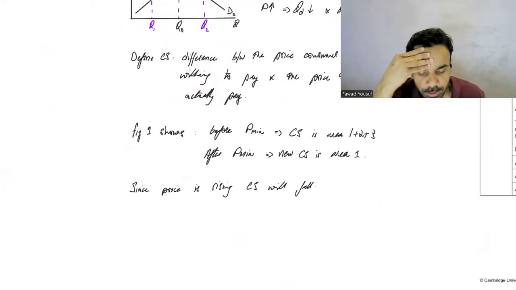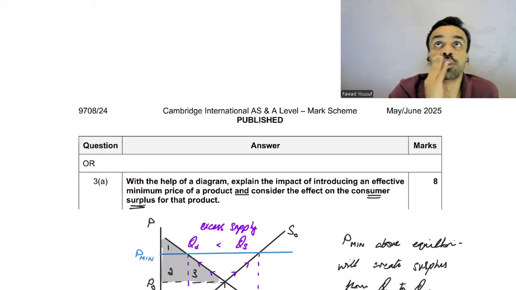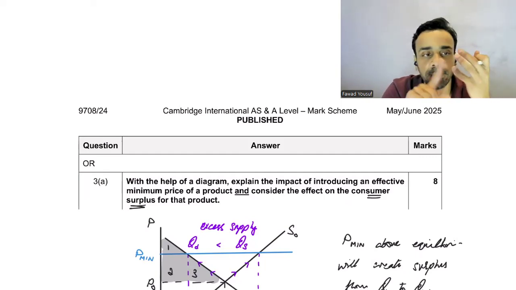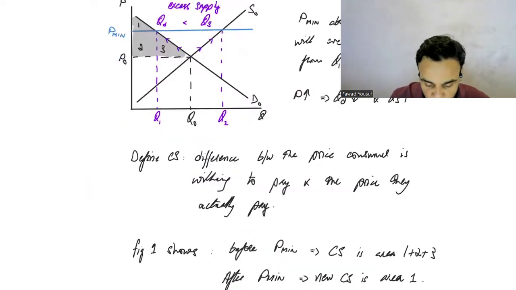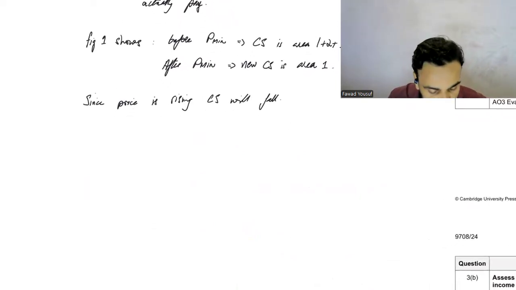ठीक है. So, based on the question, I think we have sort of answered. Consider the effect on the consumer surplus of that product. Consumer surplus is falling. All right. फिर अब जब इवैल्यूएशन की बात आएगी तो इवैल्यूएशन के अंदर ऑब्वियसली जहां डिमांड सप्लाई डायग्राम आता है there are two things that you can always talk about, whether it is about taxation, subsidy, minimum, maximum, buffer stock, all of it. Okay? एक तो number one discussion in analysis we can always place in is one is about for evaluation कि